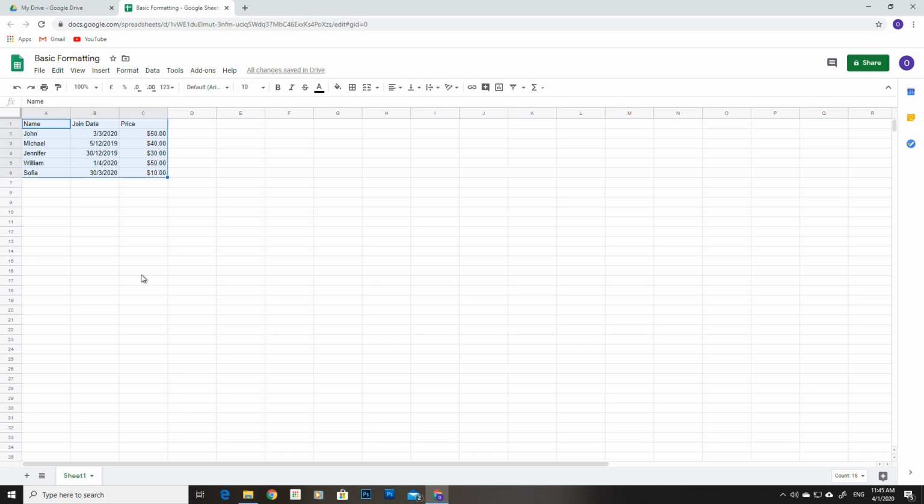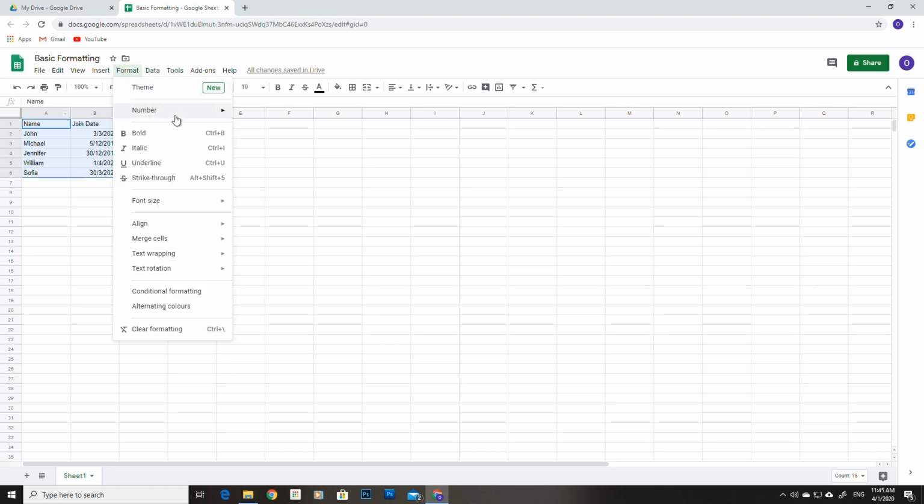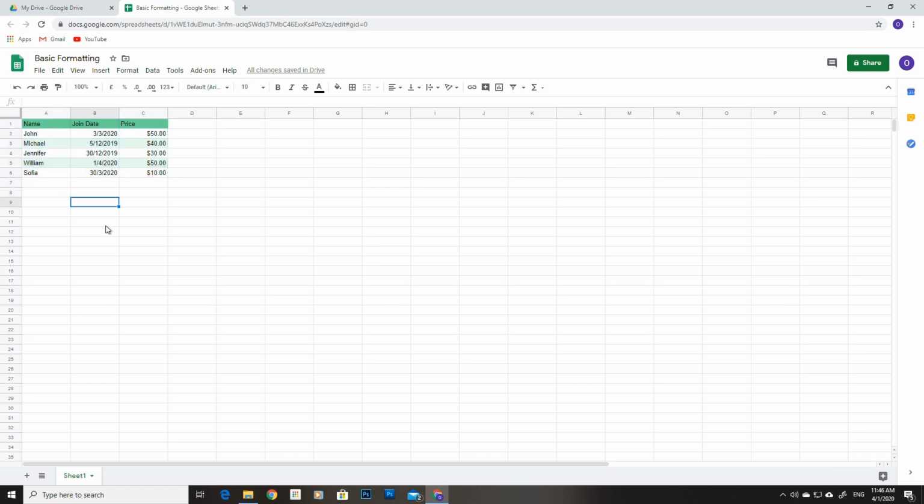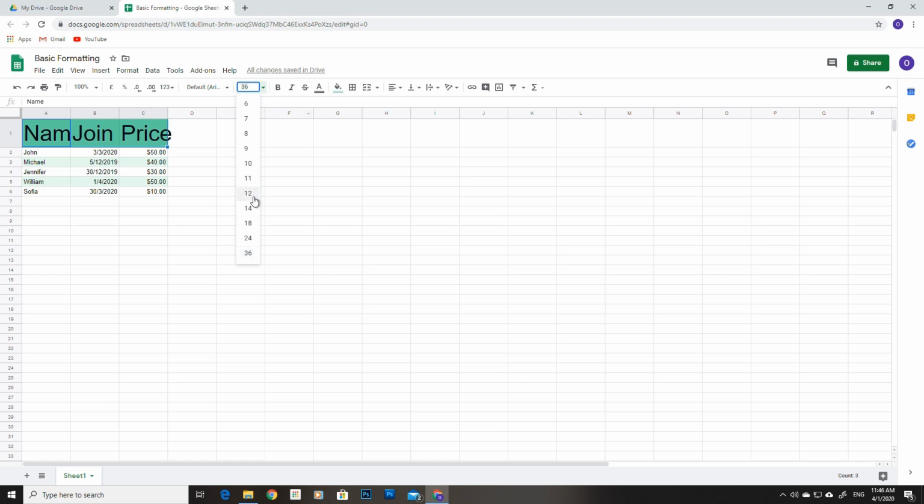Now we're going to highlight all of the columns and format, and we can choose to color them alternatively. You can use alternating colors. You can choose for the header, the footer, and you could play around with this until you get something that is to your desire. Once you're satisfied, click on Done, and here your table is already in a much more formatted way. We can also change the font size right here,